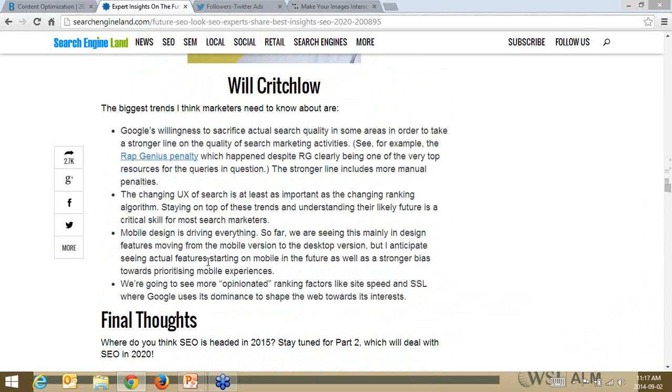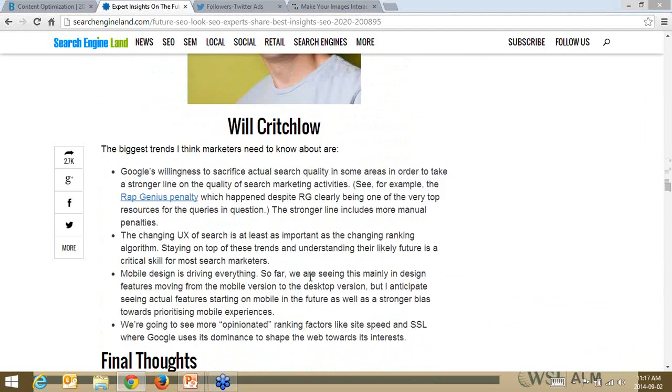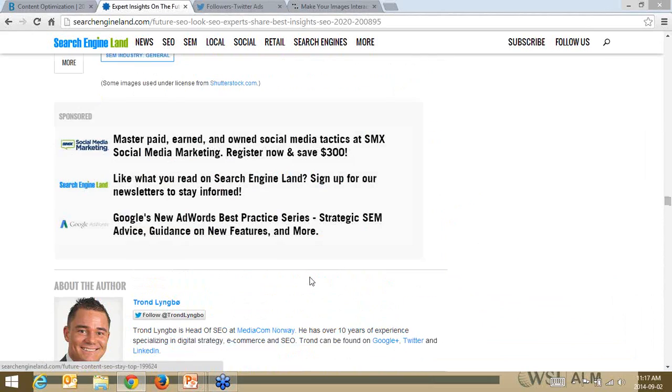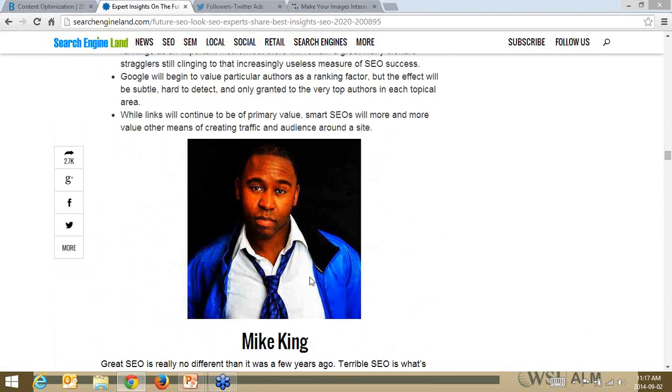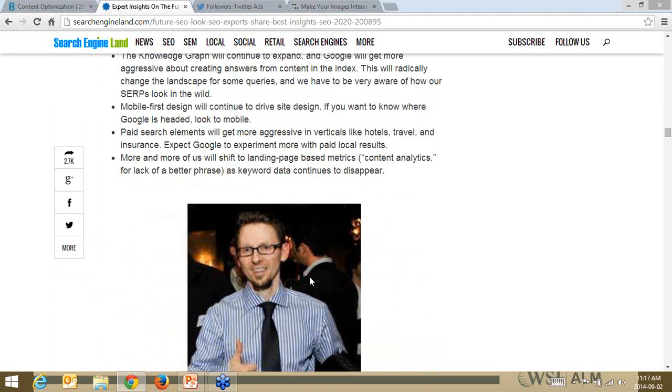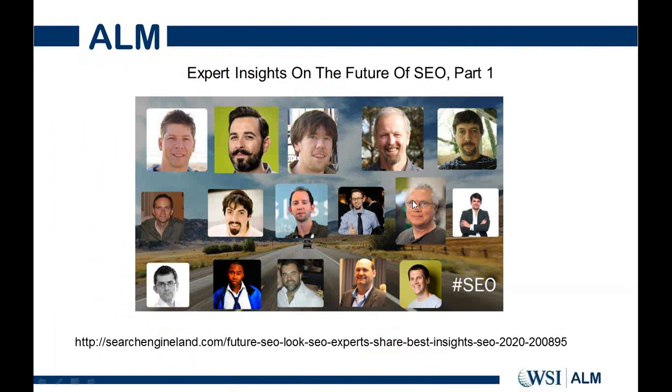So far we're seeing this mainly in design features moving from the mobile version to the desktop version, but I anticipate seeing actual features starting on mobile in the future, as well as a stronger bias towards prioritizing mobile experiences. Again, everybody, as I mentioned to you, is talking about mobile. So this is something that we definitely should be considering for our clients and their websites. Great read. It's something that the experts are predicting.